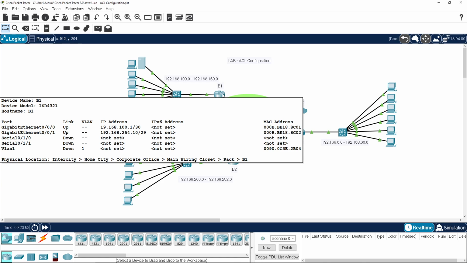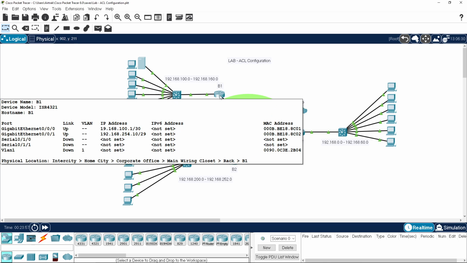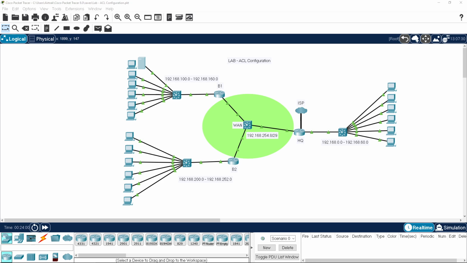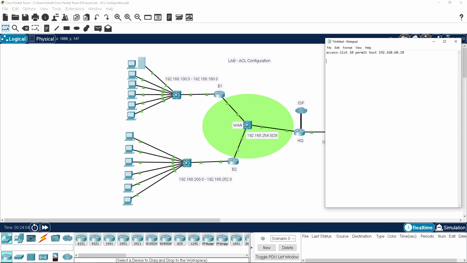So we want to do this, and we want to be able to juggle this around, so bring in a notepad. There's my standard one. Access list 101. It's going to be a permit statement, and the protocol is going to be TCP, and the source is going to be a host address of